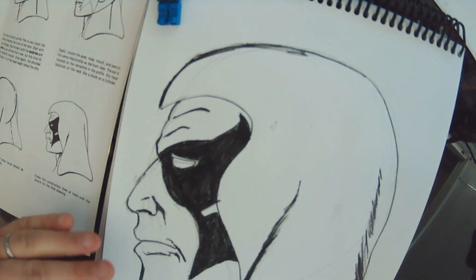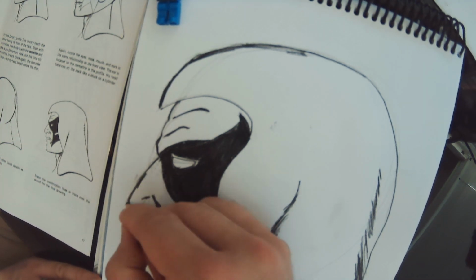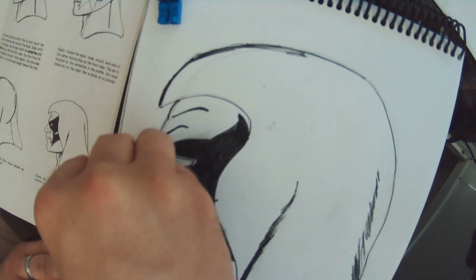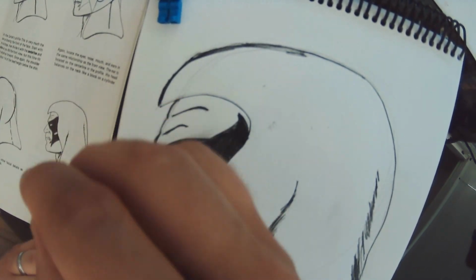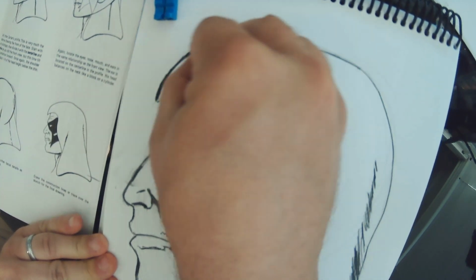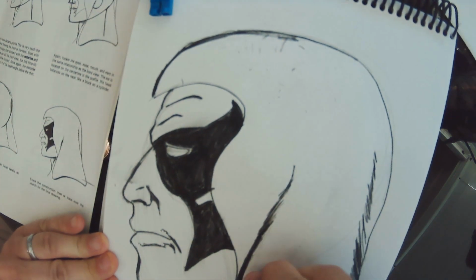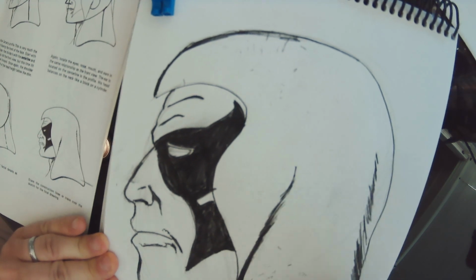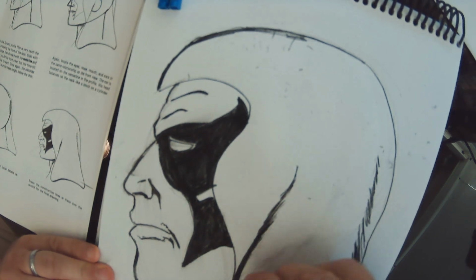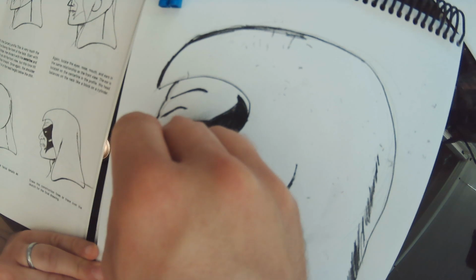Well, that was pretty fast, guys. We are 20 minutes into this entire podcast, and I'd say the Zartan's pretty done. Smudging here, trying to erase those pencil lines. Yeah, that's the thing with Zartan. This is what I realized last week. So much of him is hood that when you're doing this, it's all hood. There's not a lot of